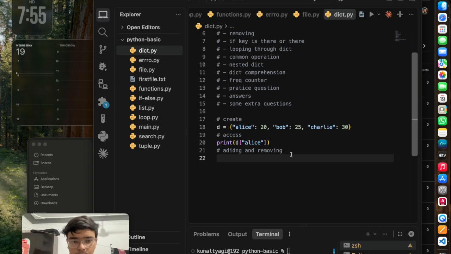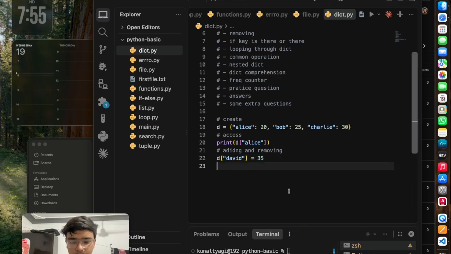Adding a value to this dictionary is pretty simple. Just do D, and let's take another name, David. Give its value, and that's all you have to do. If David already exists, its value will change to 35. If not, Python will add it as a new key value pair.